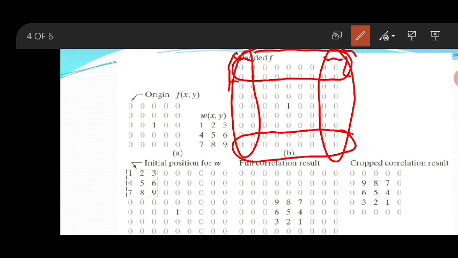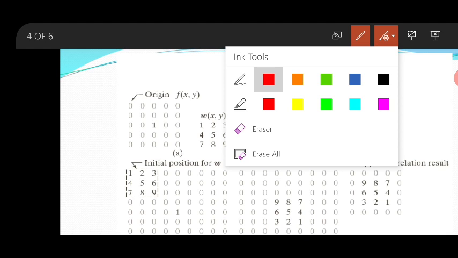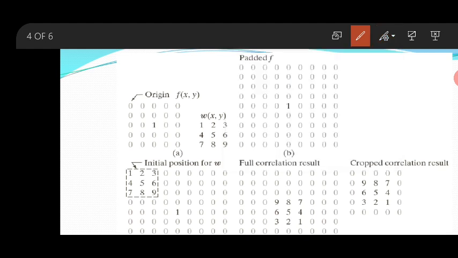I hope you understood why we padded with 2 by 2. So in the second step we have padded with zeros.